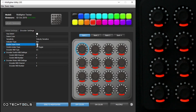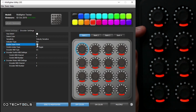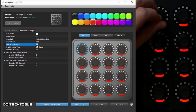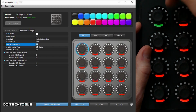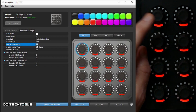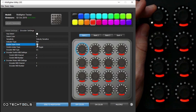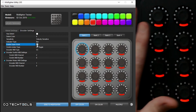superknob. And superknob is, as far as I know, a MIDI Fighter Twister unique thing. What it does is it allows you to control two things on one knob, but not by pushing it and holding it down, but by letting part of the range of a single encoder do a secondary function. Of course, on the MIDI Fighter Twister, you're talking about primary and secondary functions on each controller for each bank. And what that means is that when it is in its off state, like now,